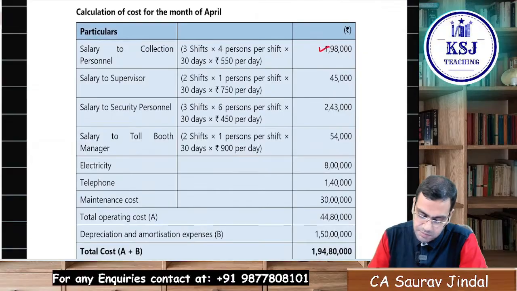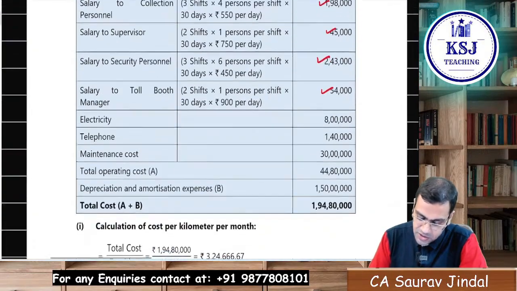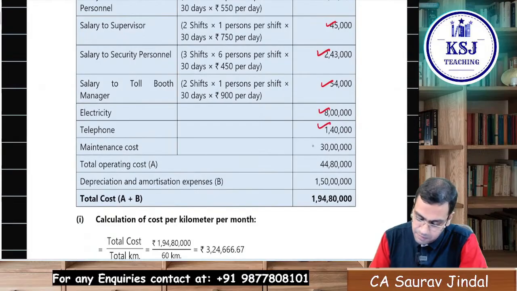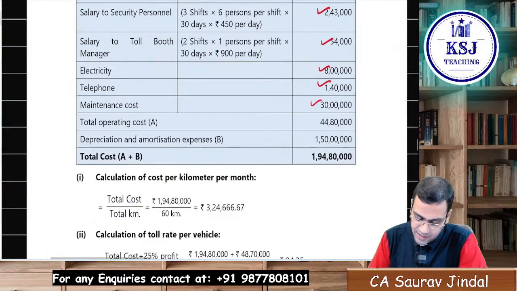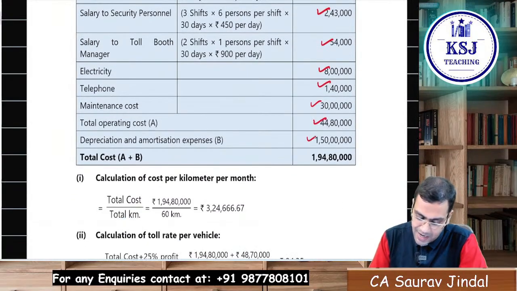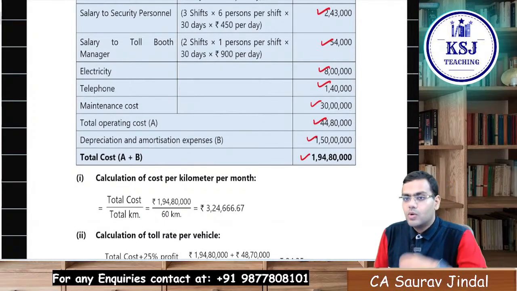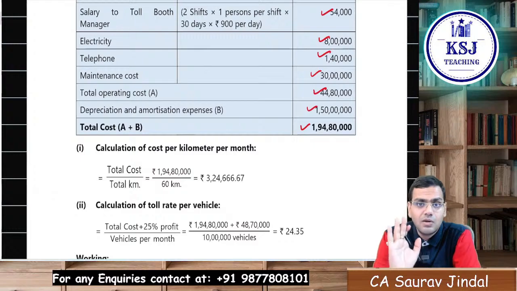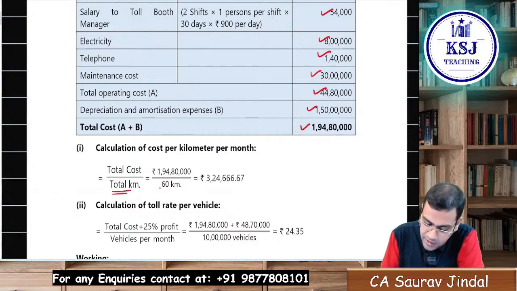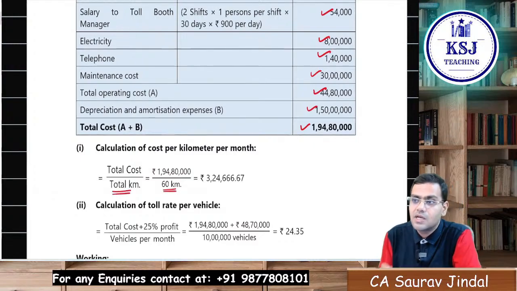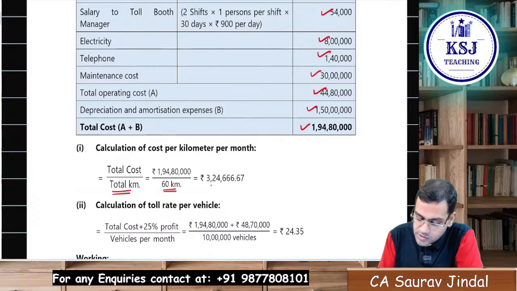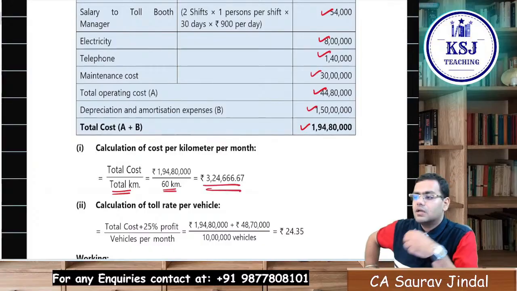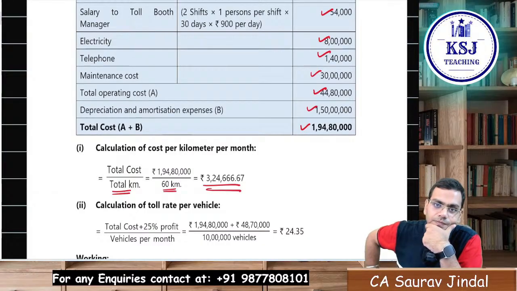Salary to collection personnel, salary to supervisor, security personnel, toll booth manager, electricity, telephone, maintenance cost, everything we have taken. Total operating cost, add depreciation and amortization expenses, total cost. Whatever is the total cost per month, this is the cost for a particular month. If you divide by total kilometers, that is 60 kilometers, what you will get is cost per kilometer per month,